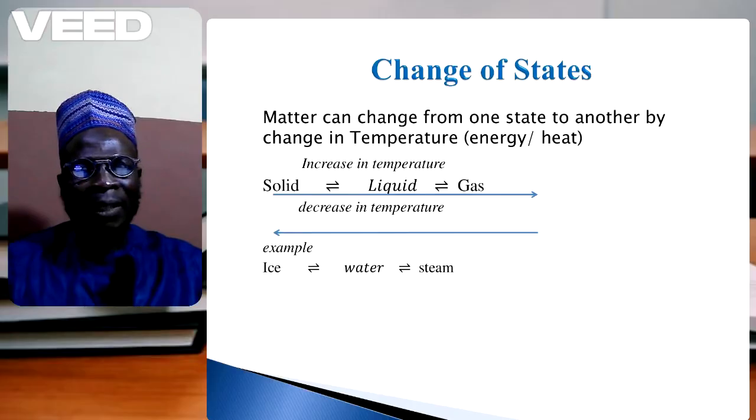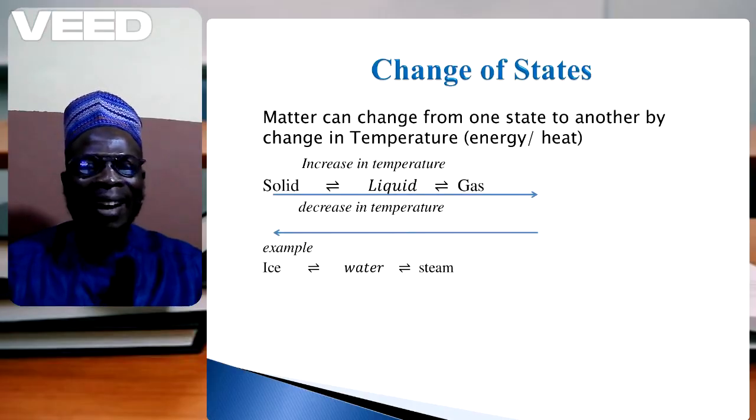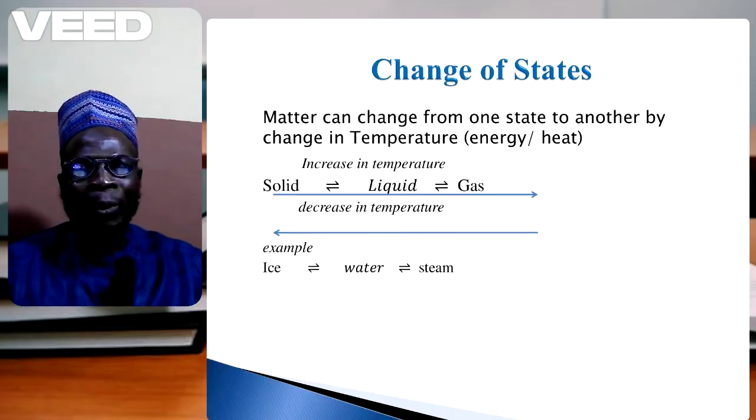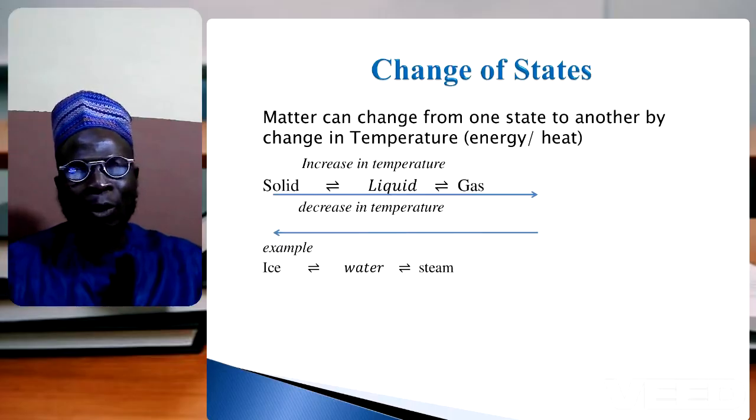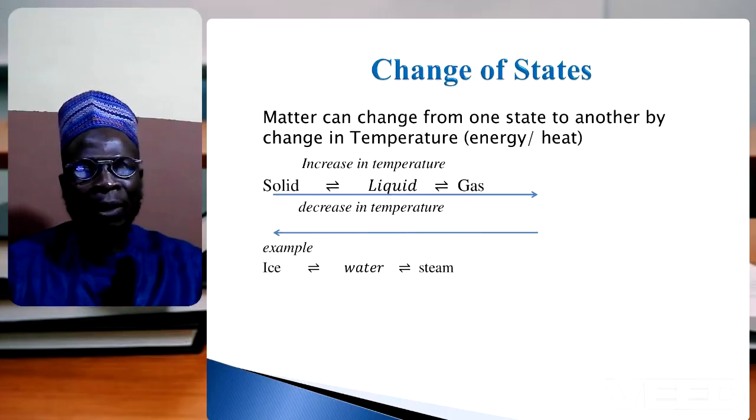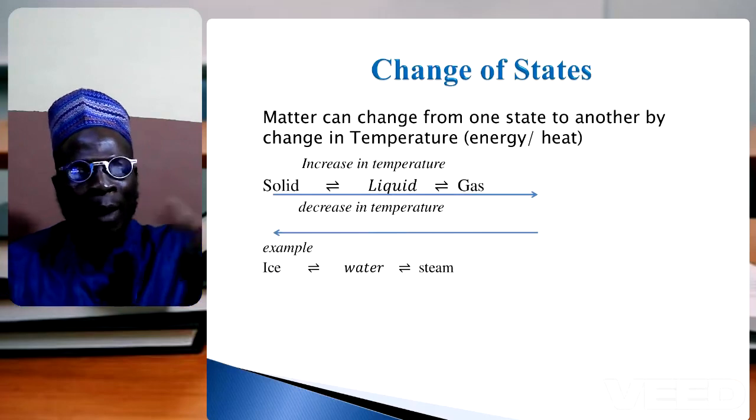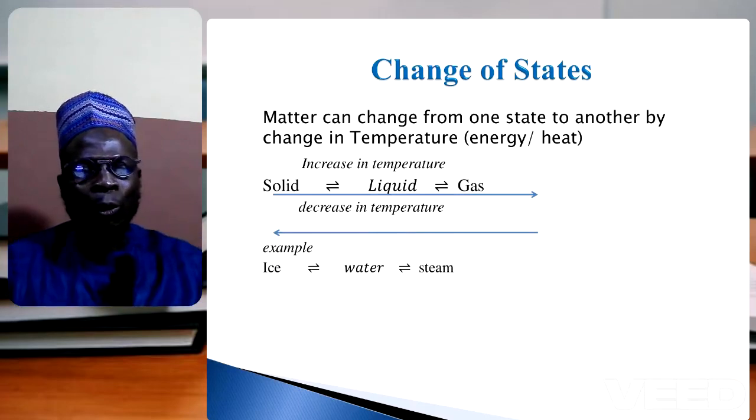So ó lè change anything from solid to liquid to gas. Likewise, gas can come back to become liquid, liquid can become solid. Irú ooru tó ń jáde tó bá gbé kúlọ̀ oúnjẹ rẹ nísìnyí tó bá sí, ó rí pé tó bá ti sí báyìí omi ló máa dà sílẹ̀ ní ibẹ̀. So where do you get that water? Níbo lomi yẹn ti wá? So ooru tó jáde níbi oúnjẹ rẹ òun ló convert padà sí omi, and that water now tó bá padà gbé sínú freezer yóò padà di ice block wẹ́ padà, so which is